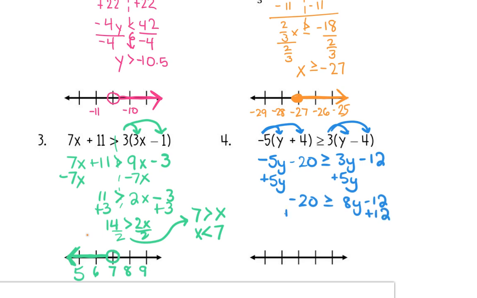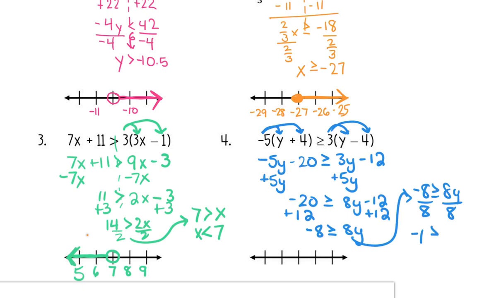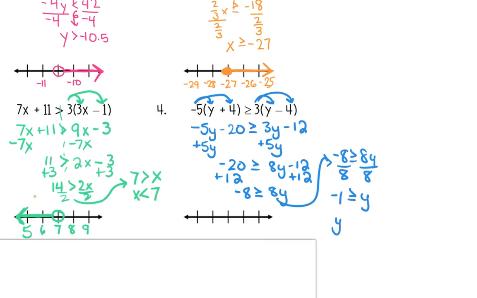Add 12 to both sides. I get negative 8 is greater than or equal to 8y. Again, I have run out of room, so I'm going to rewrite this up here. I'm going to divide both sides by 8. It's going to give me negative 1 is greater than or equal to y, and then I'm going to rewrite